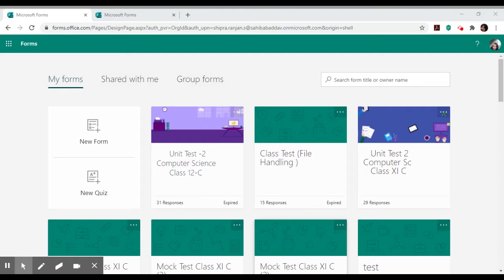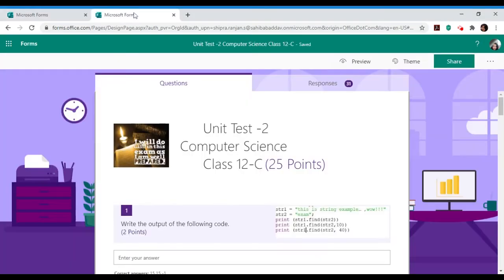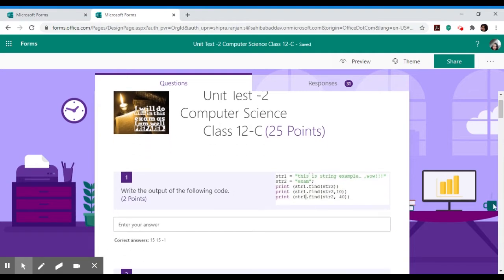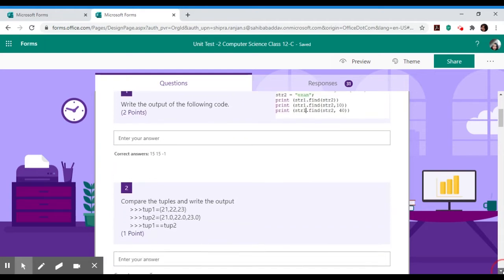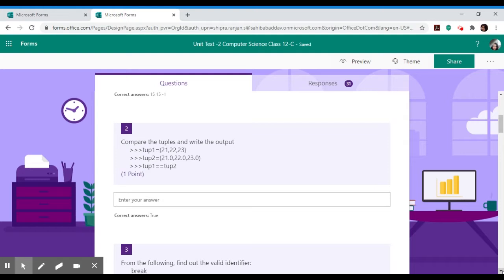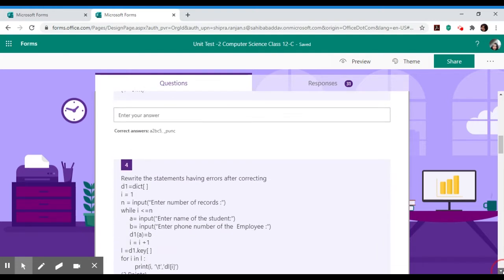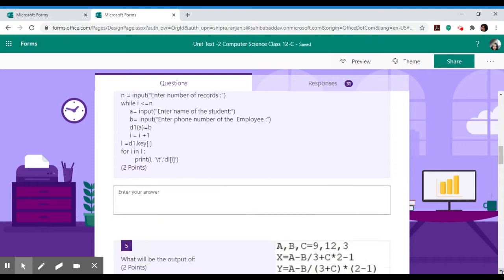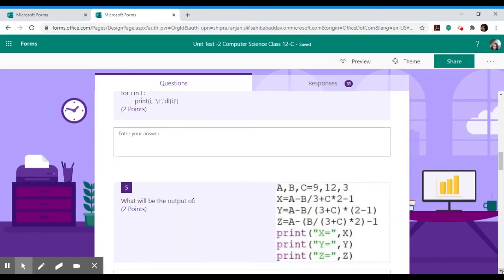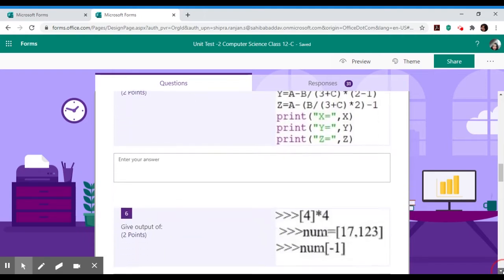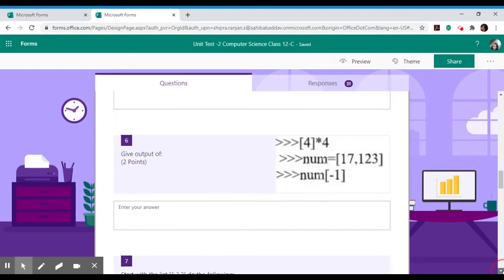I've created one form which is a question paper for class 12 students, and this question paper consists of a mix of questions. It has one line questions, questions which have one word answers, then questions which have paragraph type answers, that is multiple line, subjective answers, as well as objective answers also.